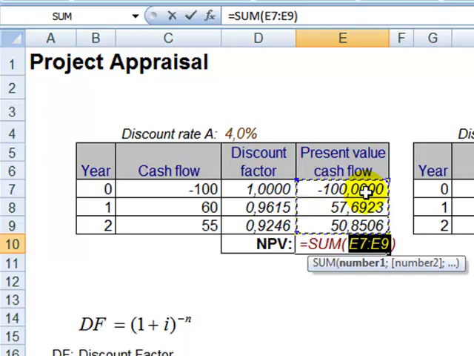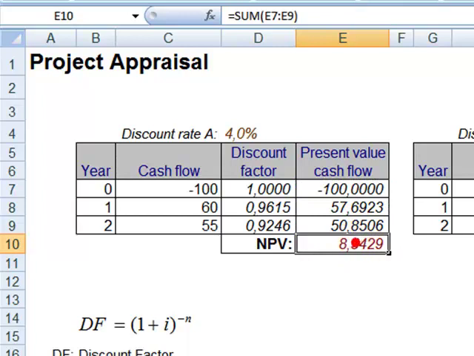Now in our example, Excel has selected the correct range, so basically it has done exactly what we would do if we had written this formula. So sum, parenthesis, from the range that begins in E7, up to E9, is the range that is going to be summed up. And we observe that we have a positive NPV, indicating that actually this project that we have selected, that is this return on investment, is better than placing our money in our bank,